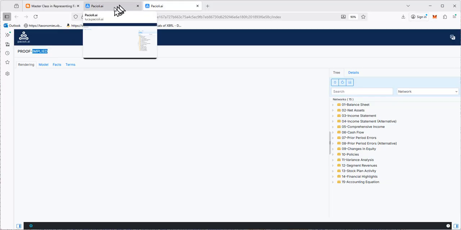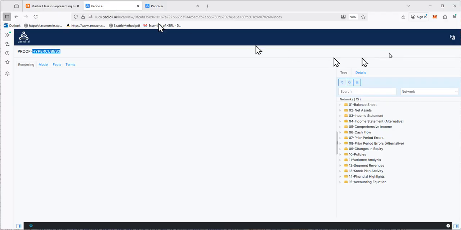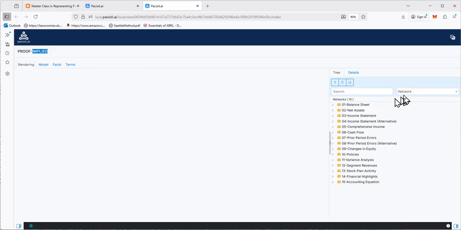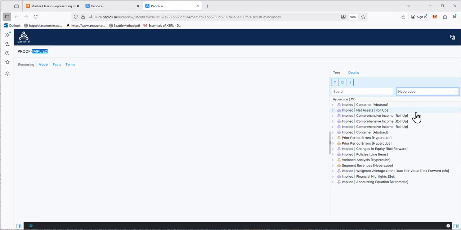So what's going on is the only change I made is that if I go into this hypercube view, as you recall, in hypercubes 3, every hypercube had the same name. So what I did in proof implied, I removed the explicit hypercubes whenever I could,